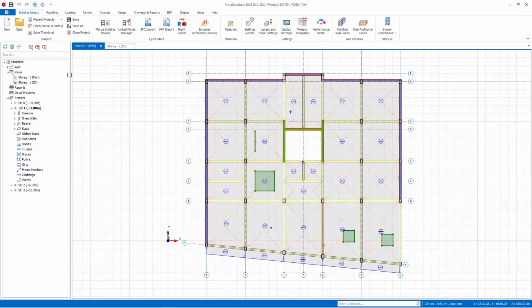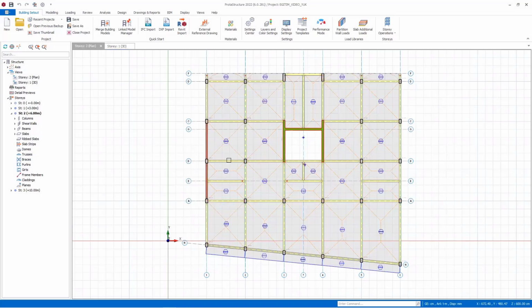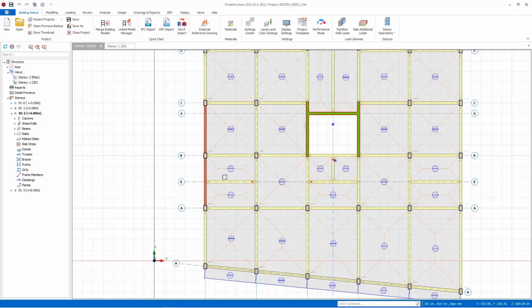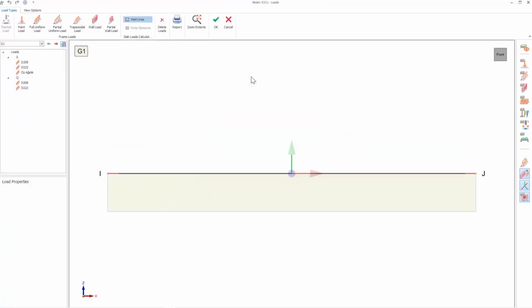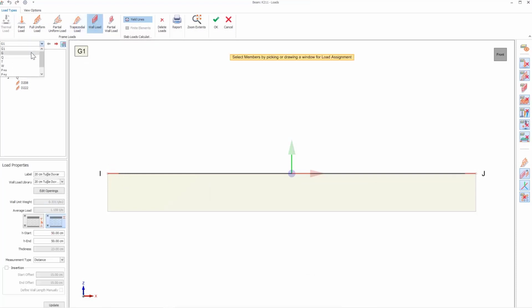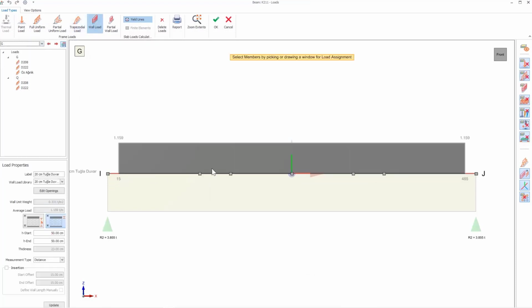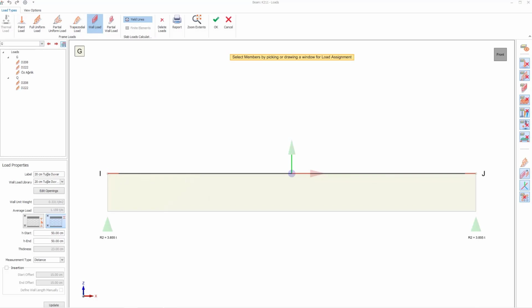The beams for which you define a wall load will be displayed by drawing a wall on them in both 3D and plan views. Thus, you can easily control the wall loads. When a wall load is defined on the beam, the wall load is defined between these columns, taking into account the widths of the floor columns to the right and left of the beam. For this, the element connection information must be up to date.